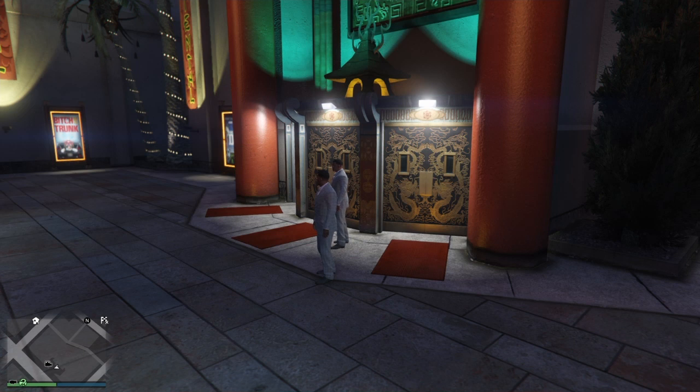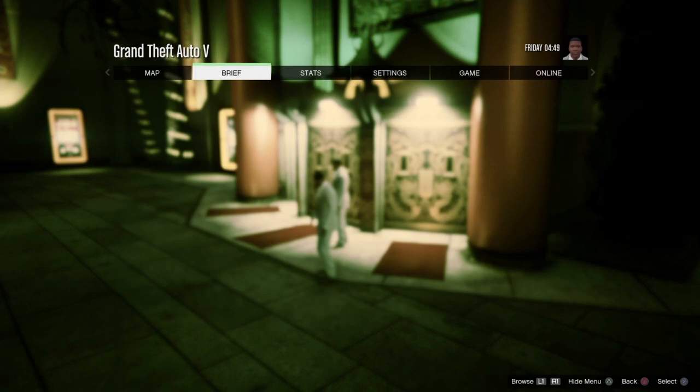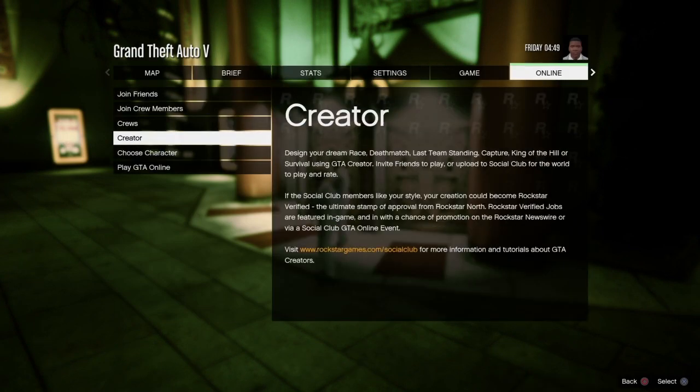So once you've done that, what we're going to do next is start up creator mode. So just simply pause your game, go over to creator, start creator. Now some of these load times are going to be longer than what you see here. I've skipped a lot of them to try to speed the video up for you,